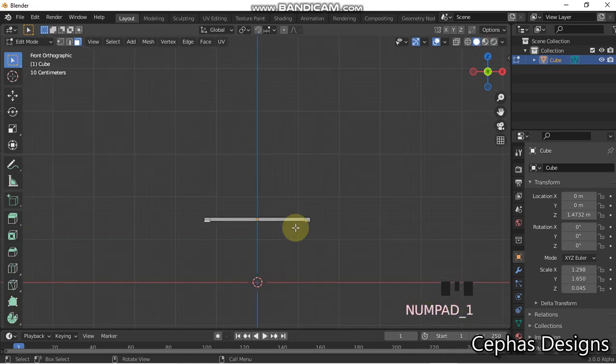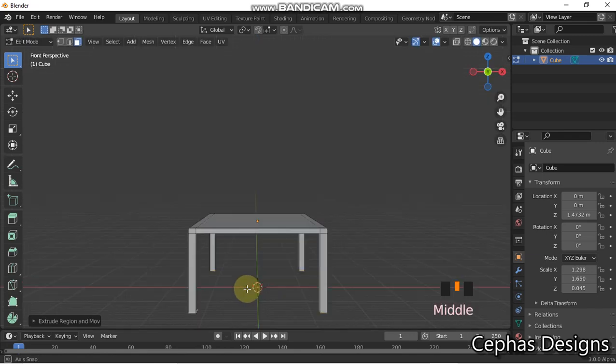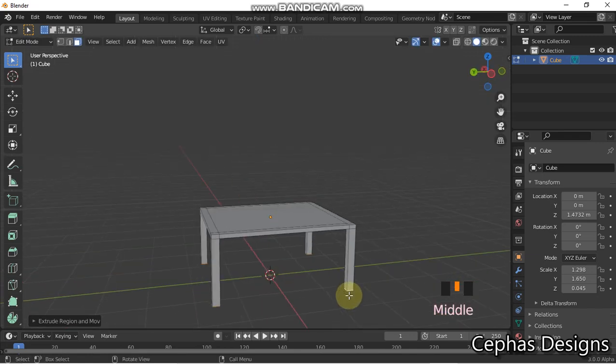You press 1 to go in front view. So here we are coming up with extrusion. You press E to extrude. And then we have something like that. Then you toggle back to